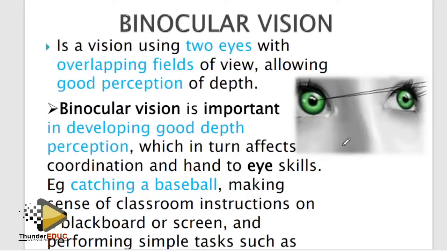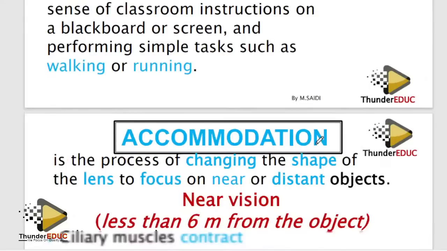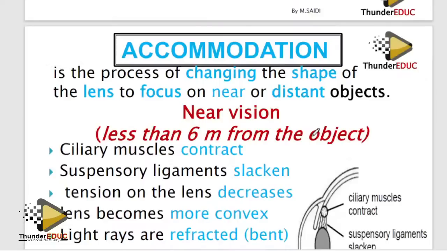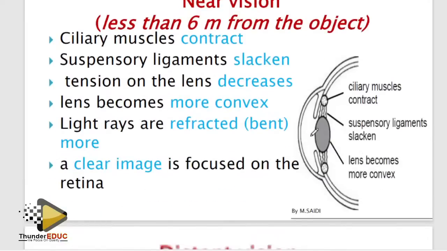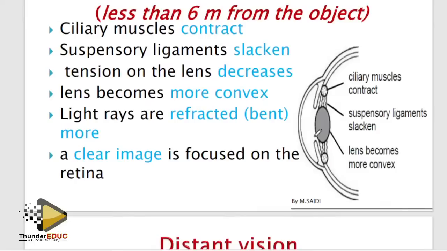So I think now I'm clear. This one is to see with the two eyes. Accommodation, at least know these definitions: they change the focal length of the lens to focus on near and distant objects. You have to know that. Near object, far object. Guys, don't memorize all. Memorize near, and it will be the reverse for far.